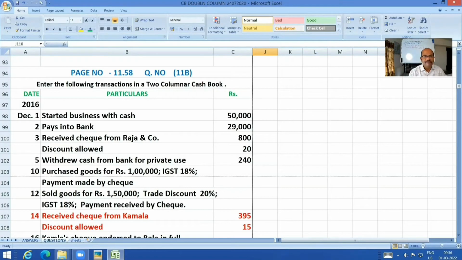Okay. Well, students, let us start with question number 11B now. I skipped the in-between question 11A because I find it is one and the same as 11B, a replica of 11B. Let's not waste time on it. I'm pausing this one as usual for enabling you to take it down.